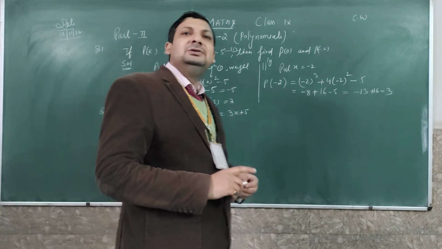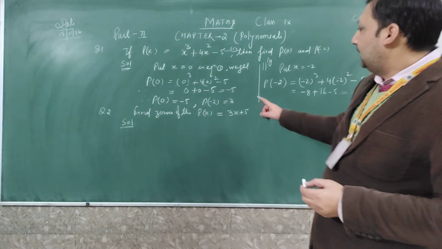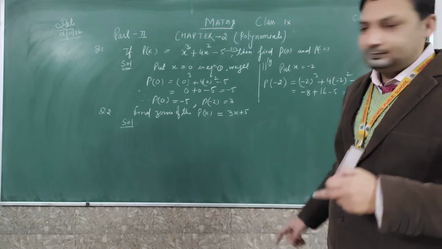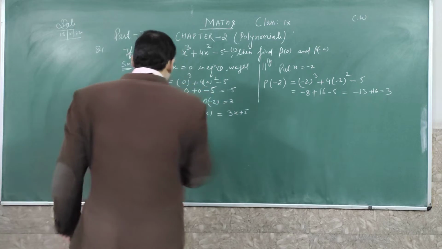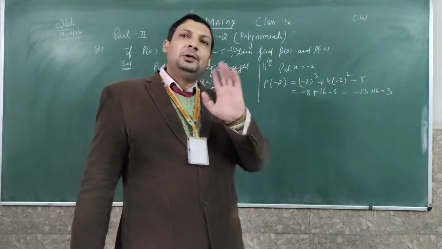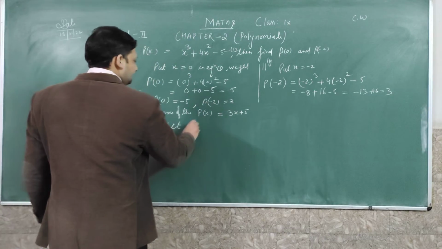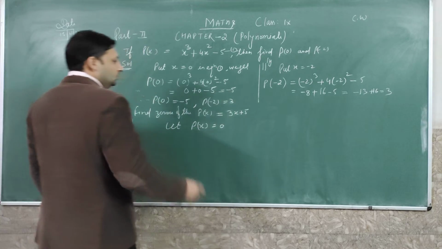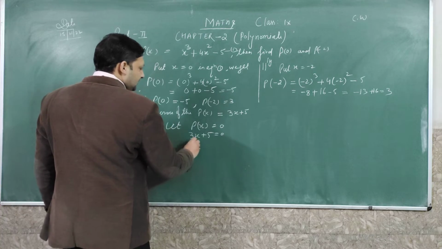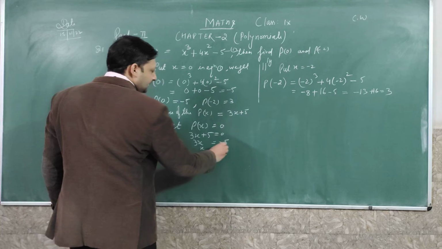But whenever we have to find zeros, we think according to the powers, not according to the terms. So power 1 means 1 zero will come. If there is power 2, it means 2 zeros will come. So see how to find. Whenever we have to find zeros of a linear polynomial, we consider the whole polynomial equal to 0. So let p(x) equal to 0. Now put the value of p(x), that is 3x plus 5 equal to 0. So the answer will be: plus goes to minus 5 and multiply goes to divide, so x equals minus 5 by 3.